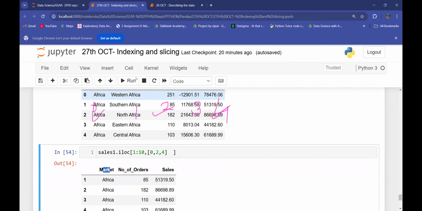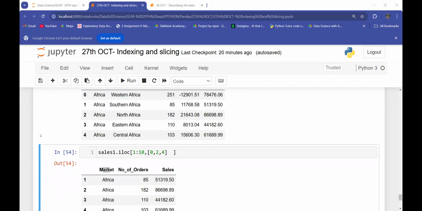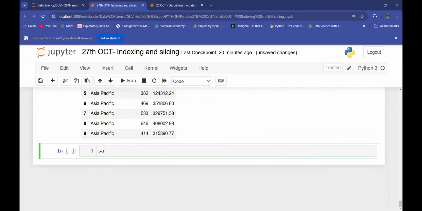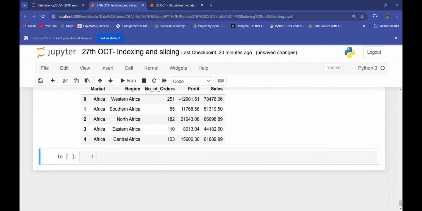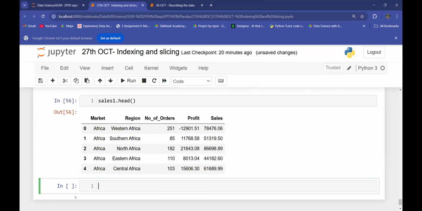So likewise, you can play with your data and you can create different combinations of subsets by using LOC and ILOC over there, right? A simple indexing, simple slicing we can have for your data, which is a very, very simple one by using no function out there. So I'm explaining the third method for subsetting of the data,